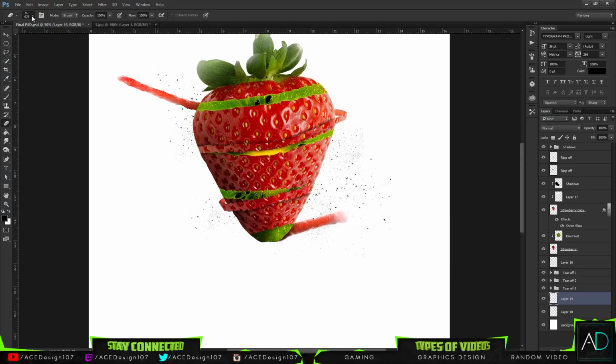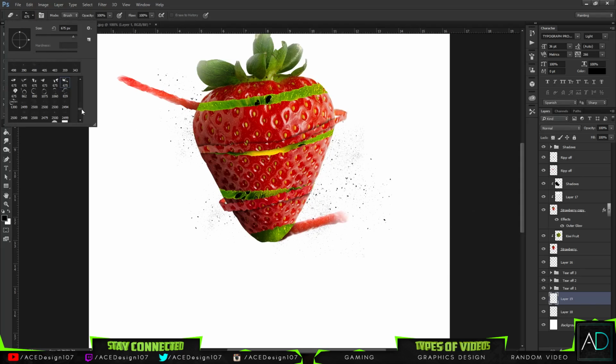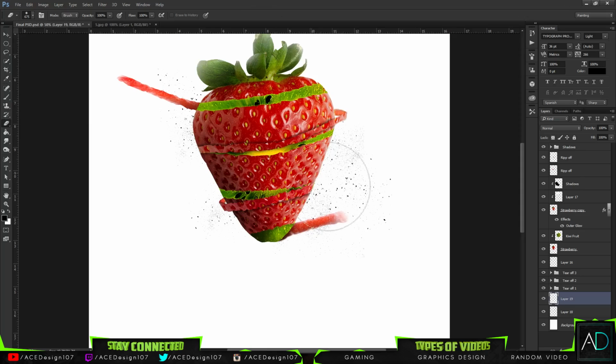So now when I go to my eraser, just jump onto here, this one, and yeah, I'll just use this one. I'll use it on 100 hardness or so. So when I go ahead and erase some of these fragments,